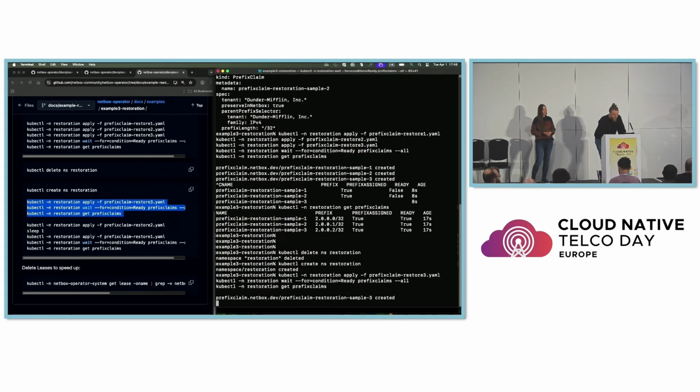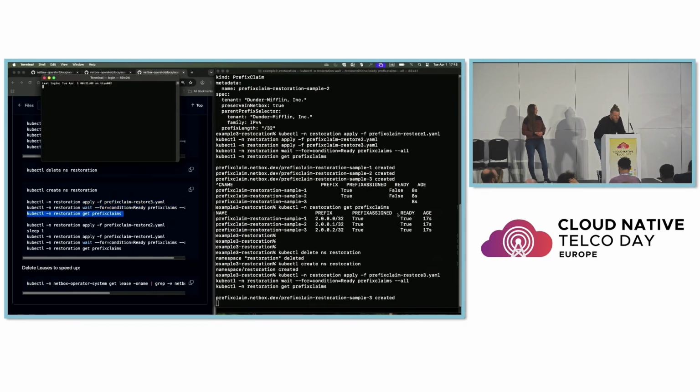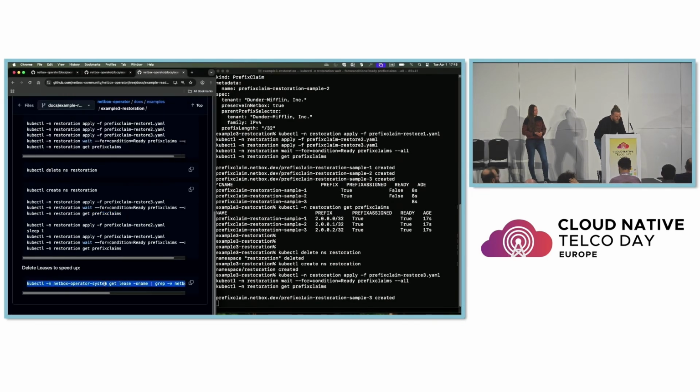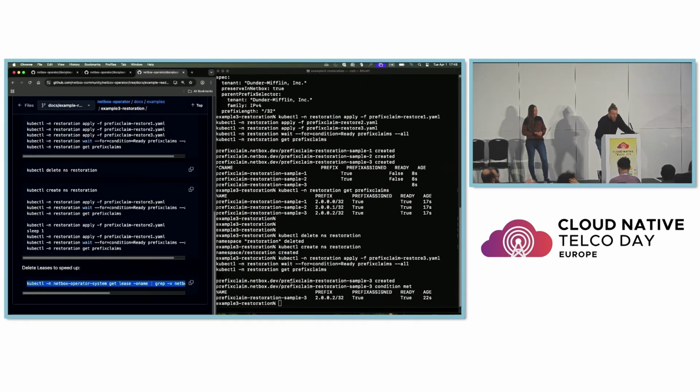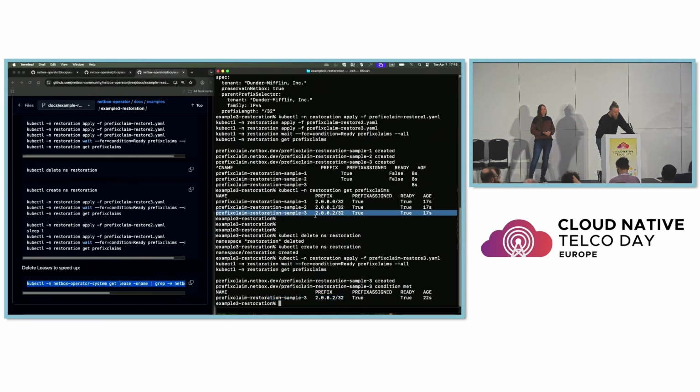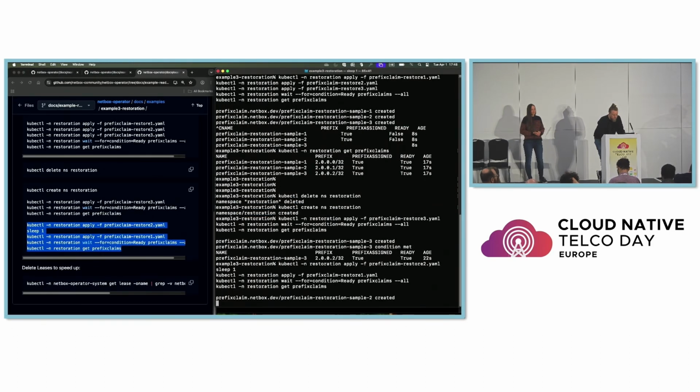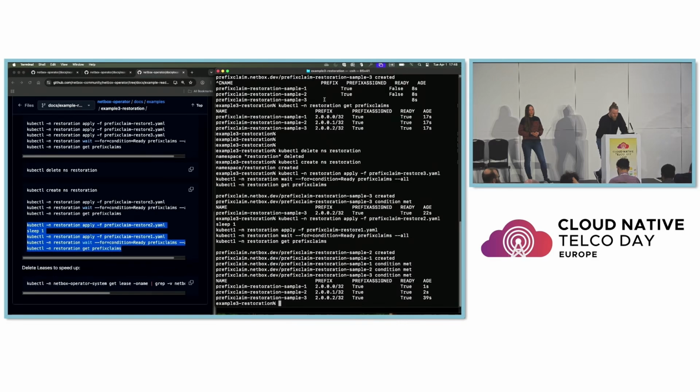So when I create the first one, we do have some lease problems sometimes, so I will delete these leases now, which should hopefully speed up things. So when I create the third prefix now, this will show you that we've successfully restored the same prefix. I will do the same with the second and first, and we should be able to see that we've actually